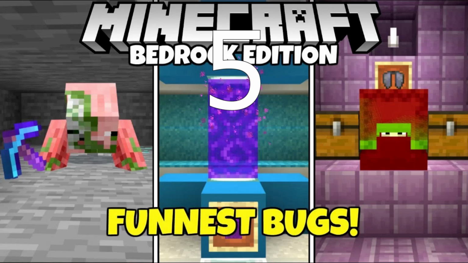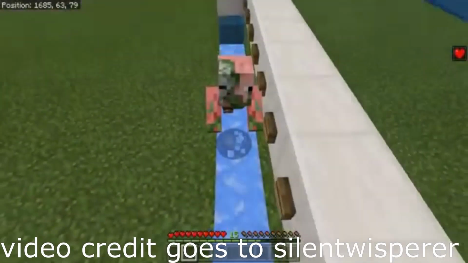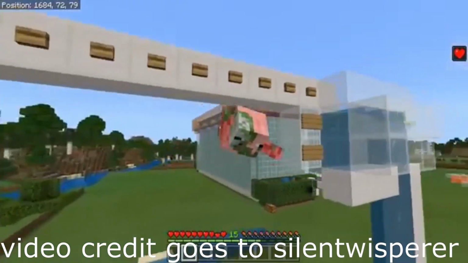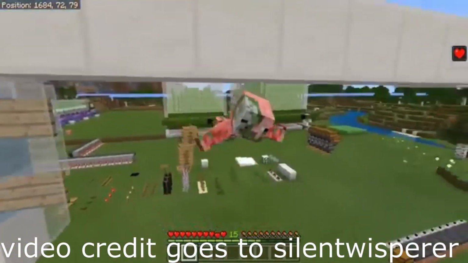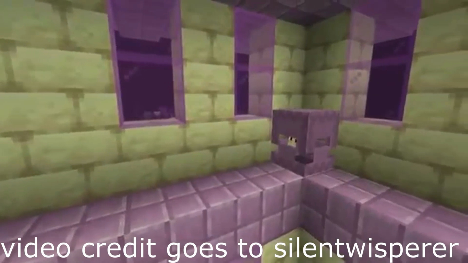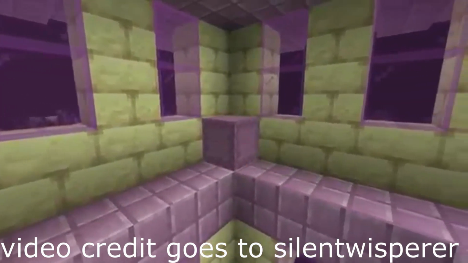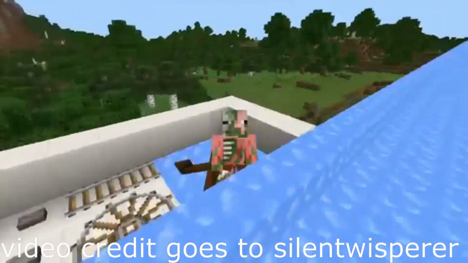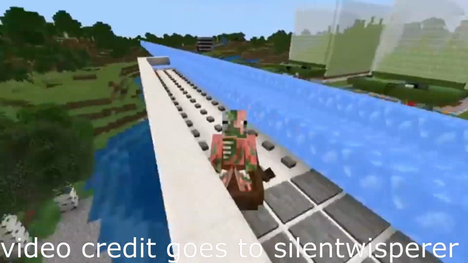Number 5 has to do with the bugs and glitches on Bedrock Edition. Now, you might be wondering, what do bugs and glitches have to do with how good the game actually is? And actually, bugs on Bedrock Edition are really fun. This is a little weird, but a lot of the bugs that are found on Bedrock Edition can either be used to your advantage or just used to play around and have some fun. All the bugs on Java Edition, however, typically are much more game hindering and make the game less fun to play, and it can make it more difficult to play the game. One of the most popular bugs/glitches on Bedrock Edition is the Duplication Glitch.